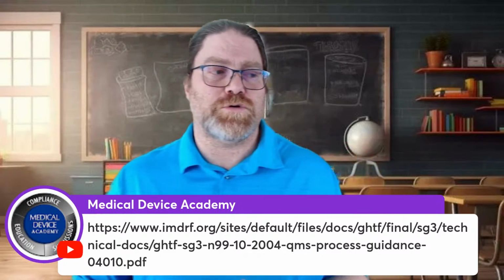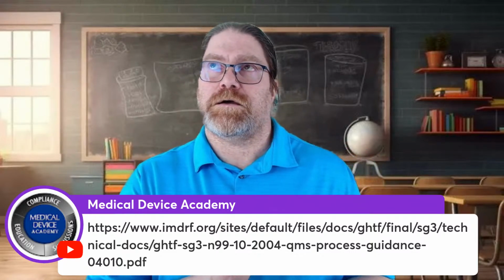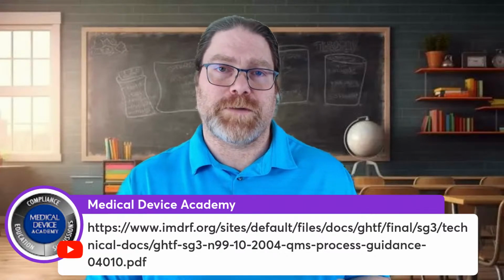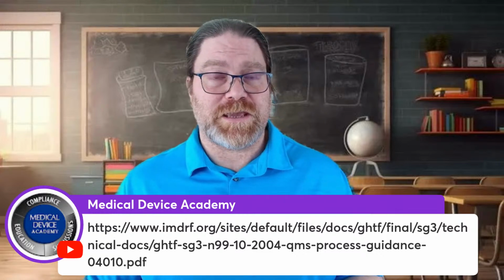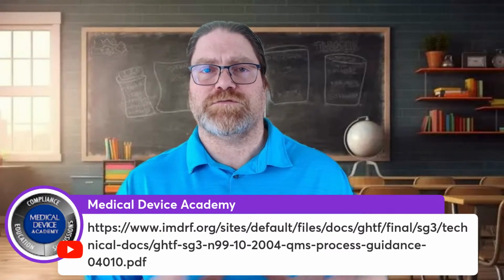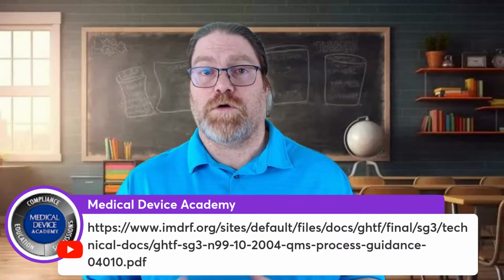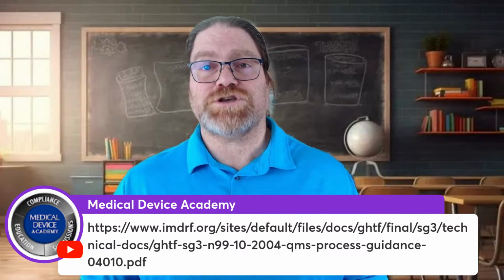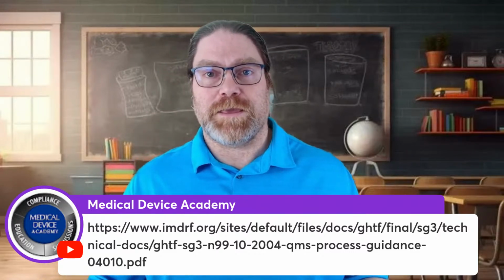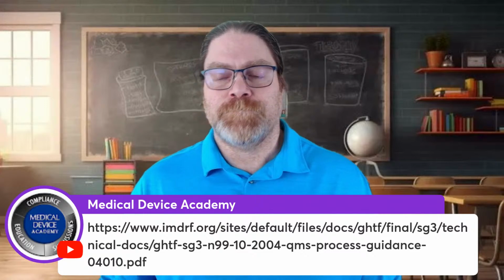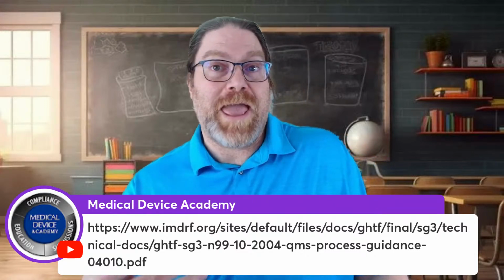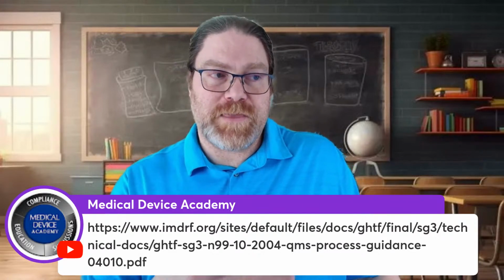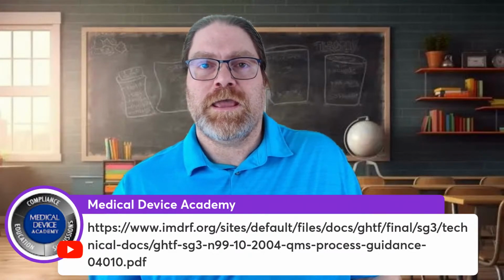If you just type into Google or any browser, IQ, OQ, PQ, GHTF for Global Harmonization Task Force, and then process validation. If you type those three items into your browser, you should be able to find the Global Harmonization Task Force document that is a guidance on how to do process validation. And they actually give you an example in the back of an IQ, an OQ, a PQ, and they even give you a validation plan. You don't have to follow that one, but you could model your validation plan after that. And they also have a Word version that you can download,